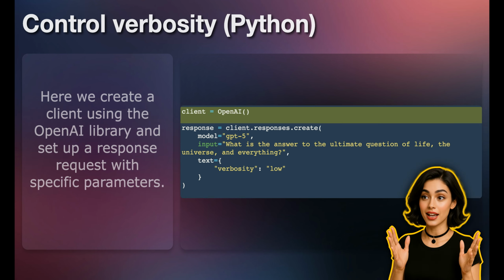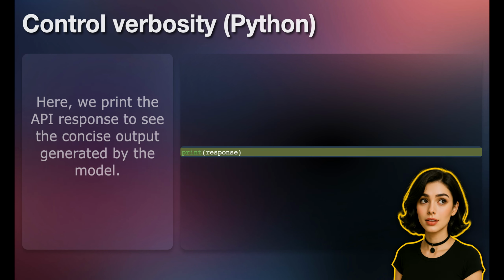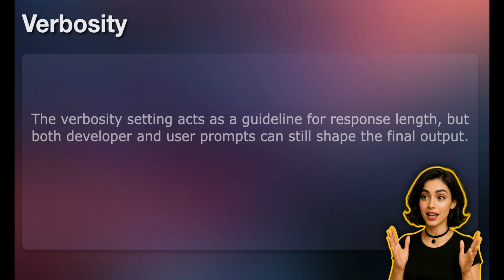Here we create a client using the OpenAI library and set up a response request with specific parameters. Notice in the request object that we provide the model name, the input query, and a text configuration with low verbosity. Here we print the API response to see the concise output generated by the model. You can further influence how verbose the model is by adjusting your prompts in addition to the API parameter. The verbosity setting acts as a guideline for response length, but both developer and user prompts can still shape the